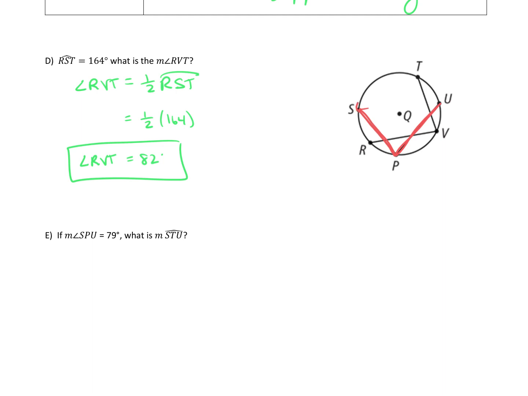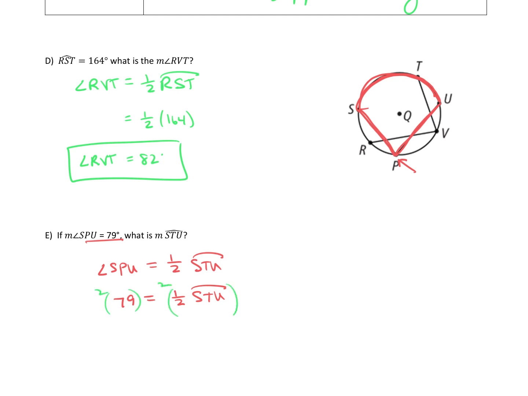So if I find arc S, I have to go through T to U. That is the intercepted arc from that inscribed angle. So remember, the inscribed angle SPU is equal to half of the intercepted arc STU. So this time, what's different is we actually know the angle measure. We know the inscribed angle is 79 degrees. That's equal to half of the arc. And the question is, what is the arc? Well, 79 is equal to half of something, right? So it's got to be bigger than 79. We can solve for that by